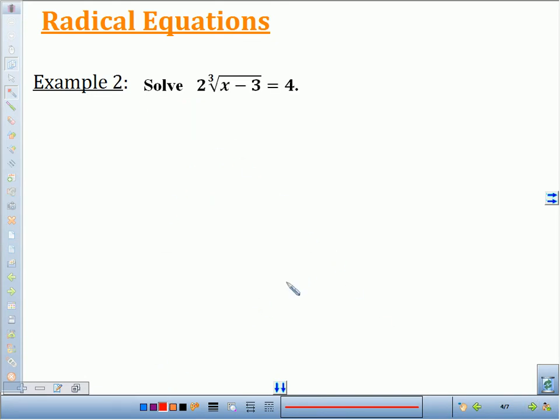We look at example 2. Now example 2 is a little more complicated in that we actually do have to isolate the radical. So we start with 2 times the cube root of x minus 3 equals 4. And our first job will be to isolate